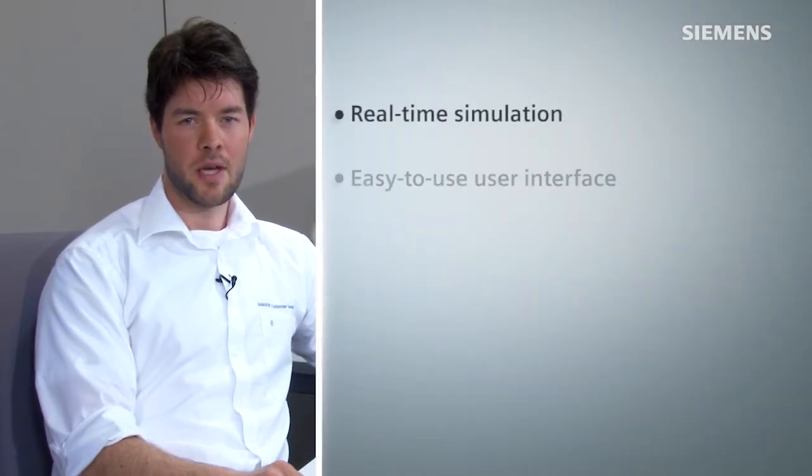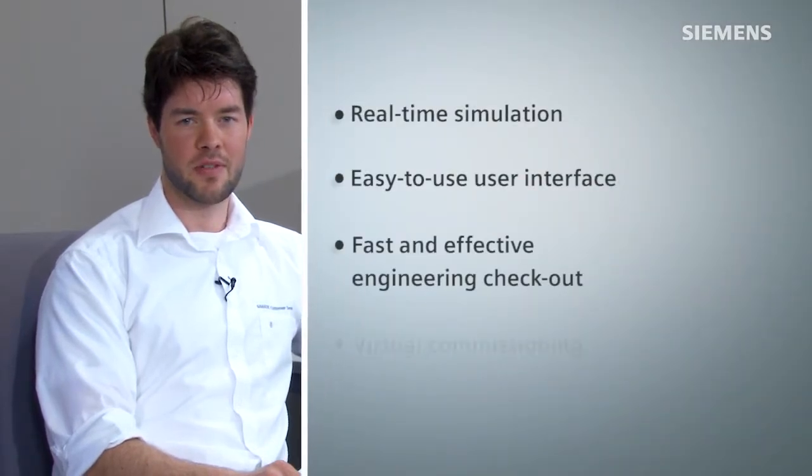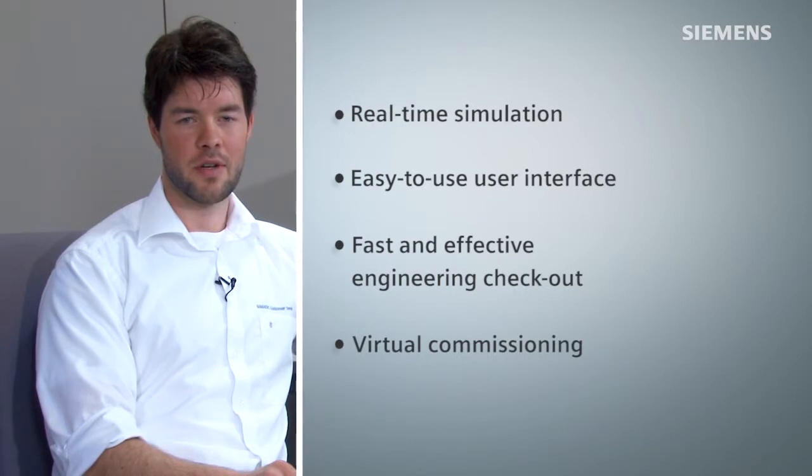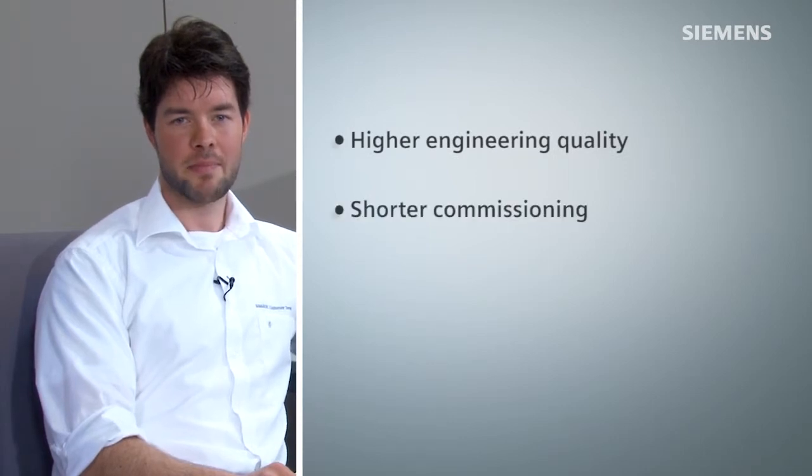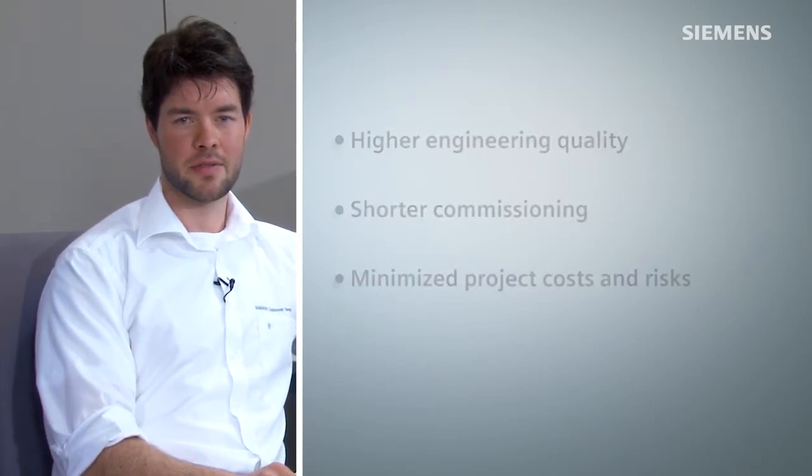Today I will show you how I can test my automation project effectively within the shortest possible time. For this purpose I will use the simulation framework CIMIT. CIMIT is a real-time simulation software with a user-friendly graphical user interface designed for virtual commissioning of automation projects. As a result, you achieve higher engineering quality and more planning security, whilst at the same time minimizing project costs